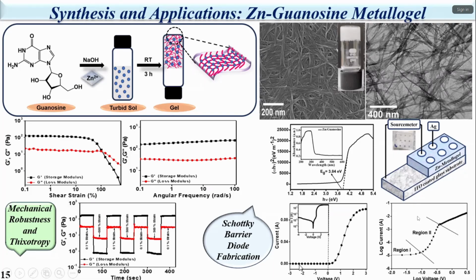So here we see a non-linear rectifying nature of this metallogel-based Schottky barrier diode, which is a Schottky diode characteristic, and we further calculated its band gap and other charge transport characteristics, which show the property of a Schottky barrier diode. I have included very few results in this, but to get an insight about this, I just put some of its results. In another work,